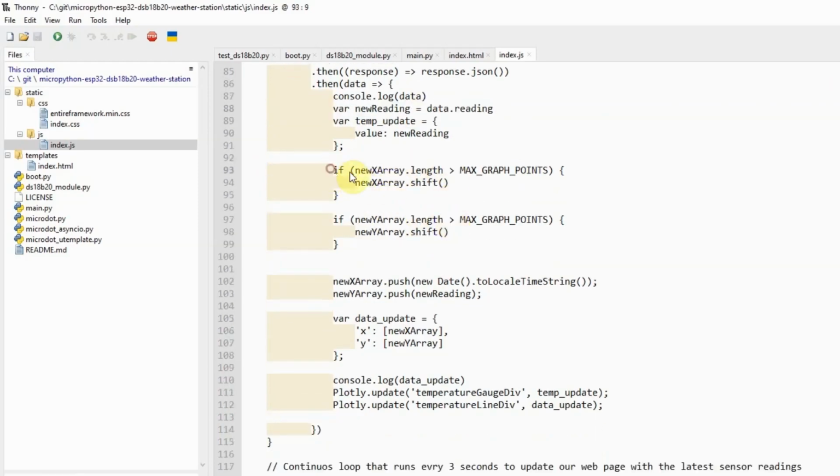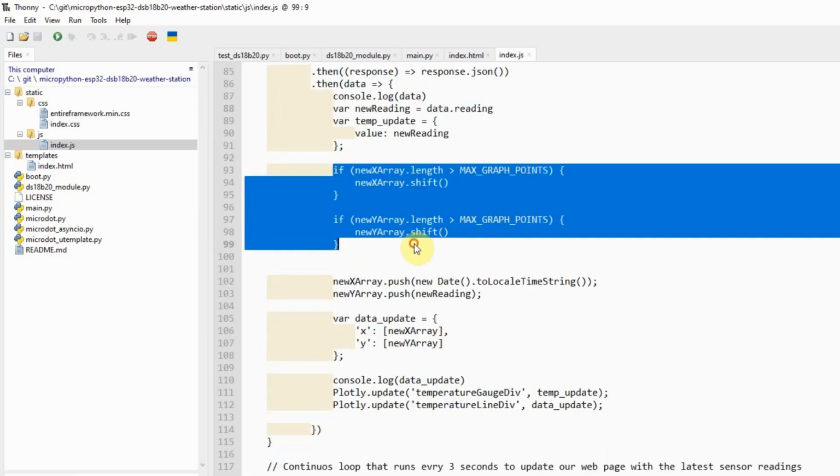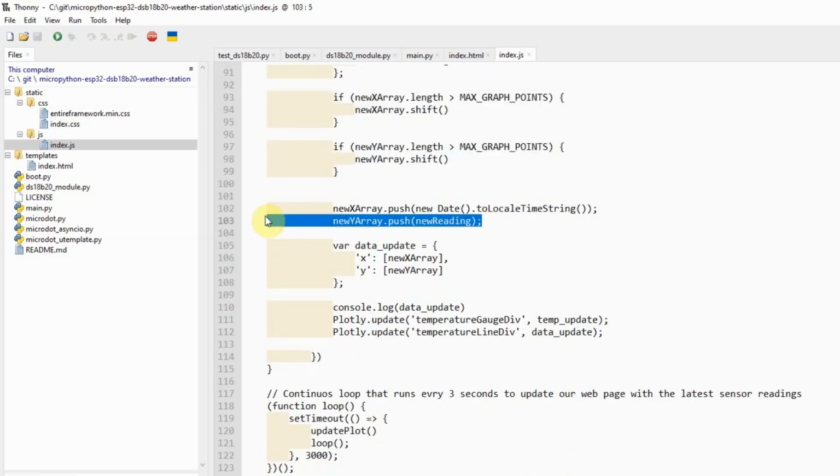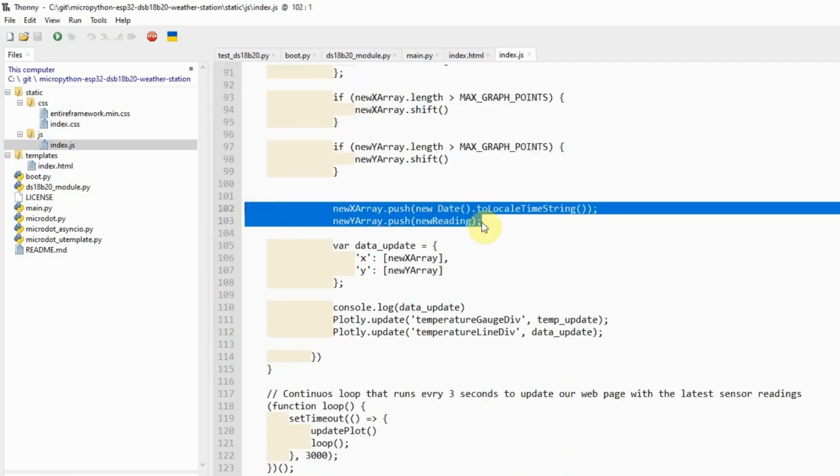As you can see in here, there are two methods that check if the length of the array exceeds 12. If it exceeds 12, then we'll just shift the array and drop the first record. And then the two arrays will now contain the following information.